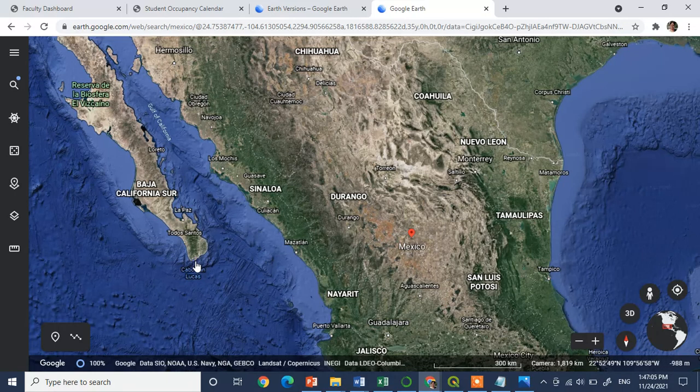So place your pointer and find out the coordinate. So it is showing 22.52 and 109.56. So we are going to input 109.56 into X and 22.52 into Y.